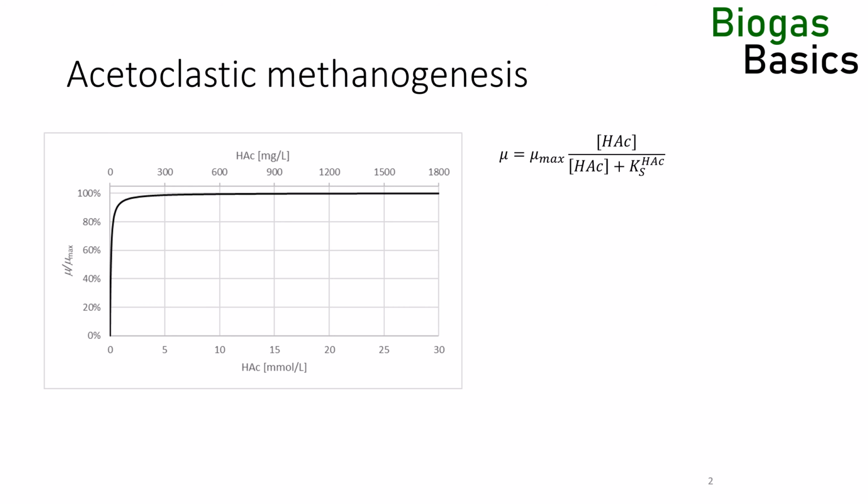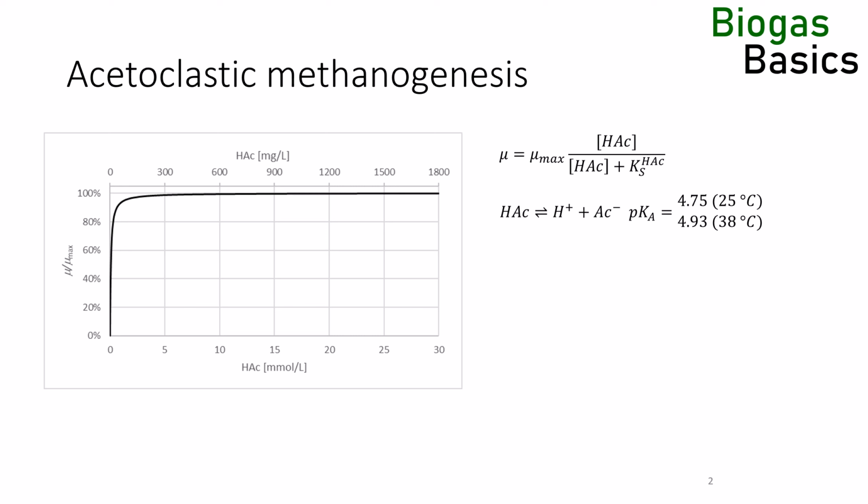Acetic acid is a weak acid and can dissociate. It can either be in the acid form, meaning it is protonated, or in the acetate form, i.e. unprotonated. The dissociation reaction is described by an equilibrium reaction. At 25 degrees Celsius, the equilibrium or dissociation constant is 10 to the power of minus 4.75 moles per liter. The negative decadic logarithm of the dissociation constant is called pKa value. The pKa value is temperature dependent. At 38 degrees it is 4.93.